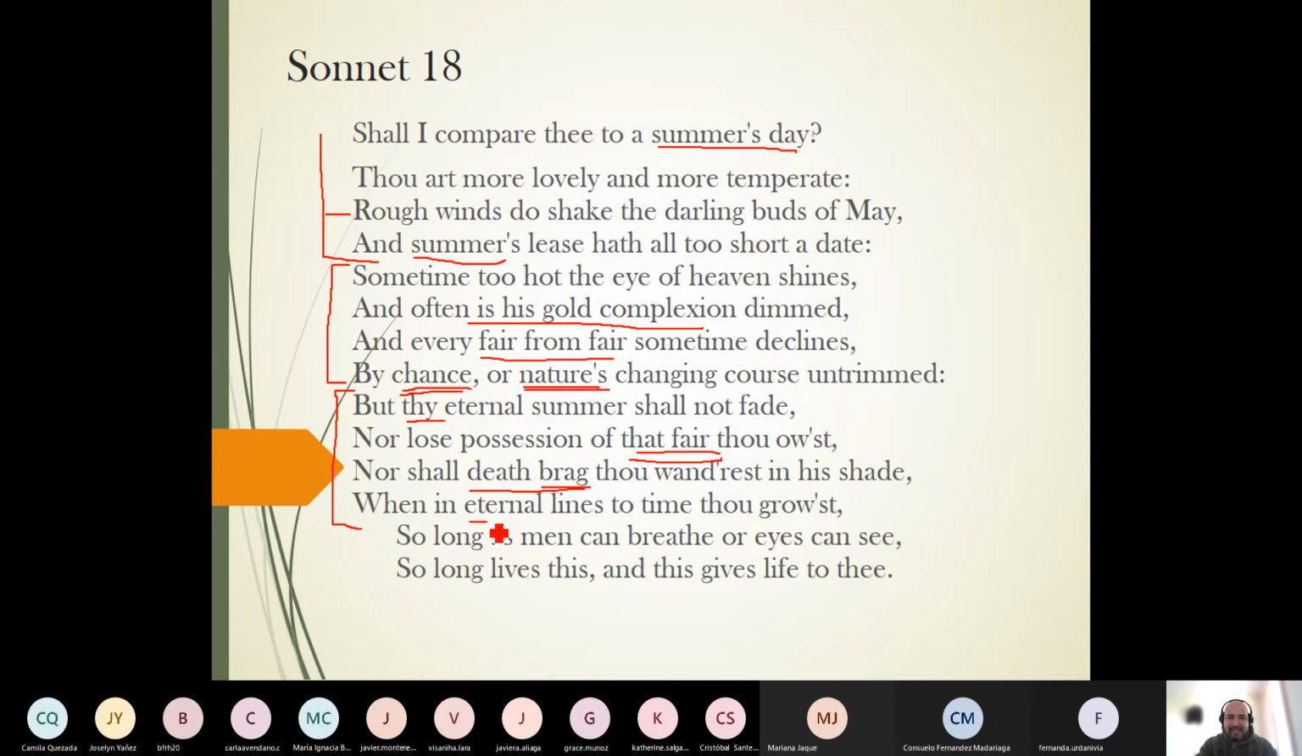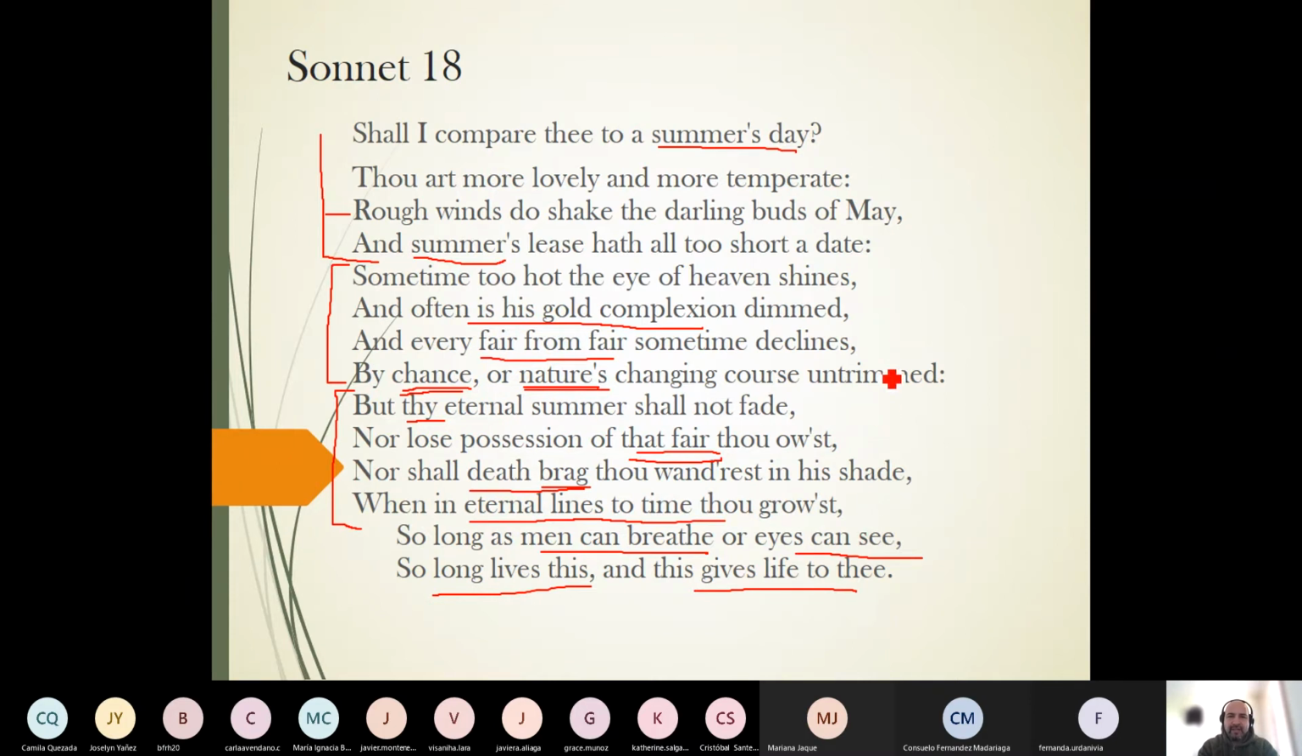Because these eternal lines will make you grow, right? And so long as men can breathe, and so long as these lines can be read by anyone, you will live, right? And they will give you life, and you will never die. So the poet is using the sonnet